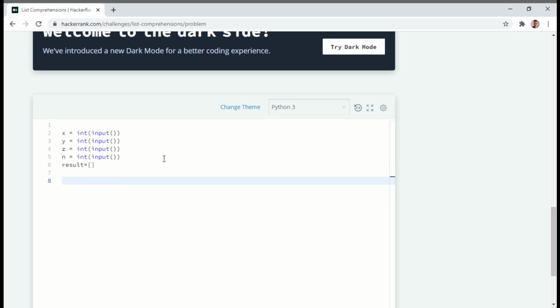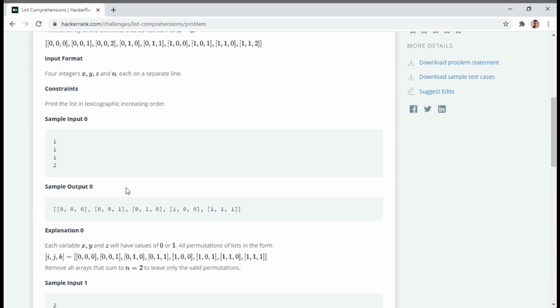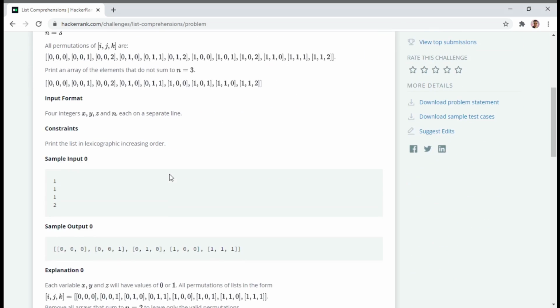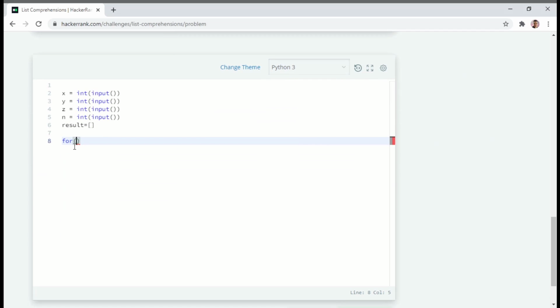Basically we have to run 3 loops such that we get each value of x, y and z, and then we check the given condition, that is, i + j + k is not equal to n, where i, j and k are the individual elements of x, y and z. So we have to write 3 for loops first.